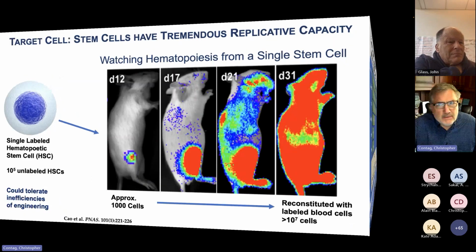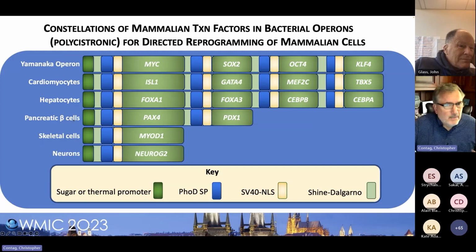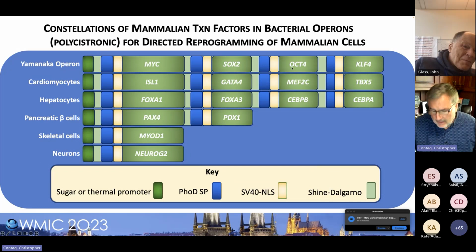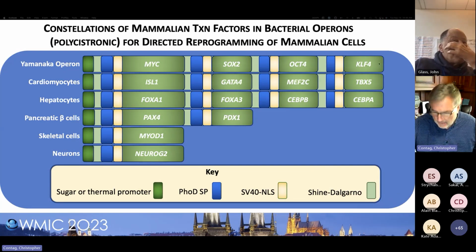So we've made a series of operons, including the Yamanaka operon for iPSC reprogramming. There's a series of transcription factors that would make those iPSCs into cardiomyocytes, hepatocytes, pancreatic beta cells, skeletal stem cells, or neurons, and we've begun to engineer these operons. This one we're testing now for the reprogramming. Of course, macrophages are notoriously difficult to reprogram, but we'll work with these to see if we can get those